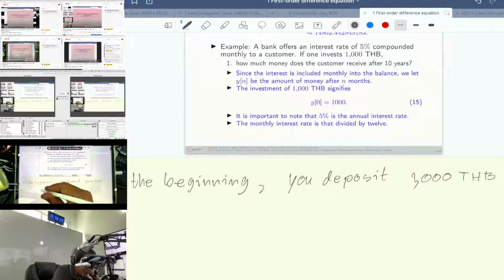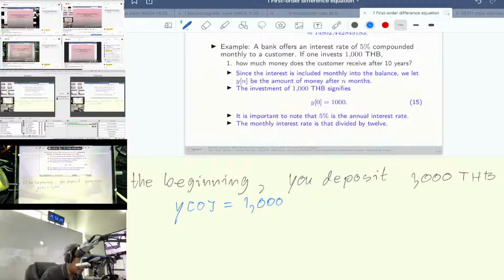It means your money at the beginning is 1,000 Thai baht. But the bank offers the interest to you every month. So we have to calculate